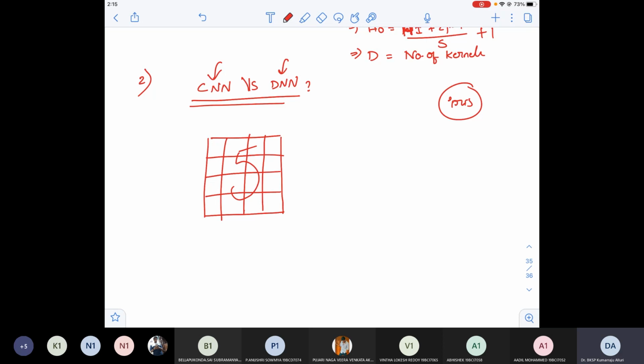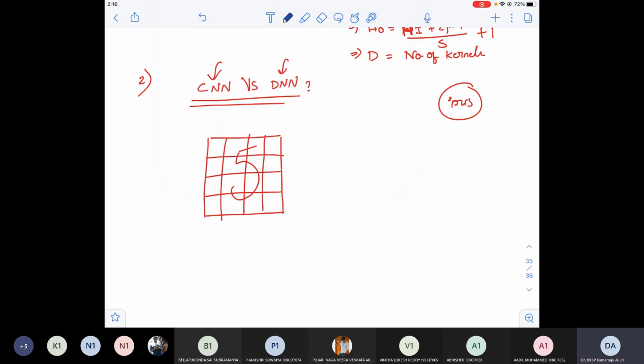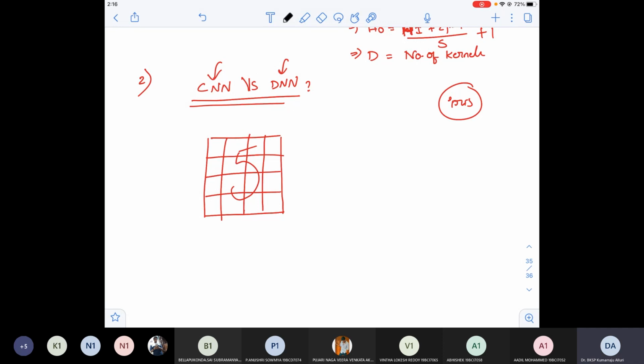Now, if this is an image where I have written the handwritten digit 5, the system has to detect it. Generally, maybe I will take certain pixels. I can take any pixels, maybe the last pixels, or maybe the first pixels. Anything is fine, it's only for explanation purposes. Maybe I'll take the last ones. This is 1 pixel, another pixel, another pixel, another pixel, 4 pixels.